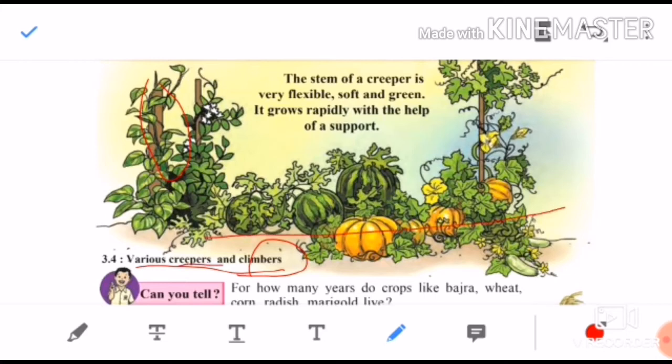So these are the fruits and vegetables which are grown. Watermelon. Okay, this is watermelon. Then pumpkin. They are heavy fruits. They grow on the vines, creepers only. So those who grow on the ground are called creepers. And those who grow up with the help of this stick, which needs a support, are called climbers. So remember this, they are very soft vines. Their stem is very soft, green in color, and flexible. It can be easily broken if you touch it and try to break it. It grows rapidly with the help of support. If you give them support, they will easily grow.